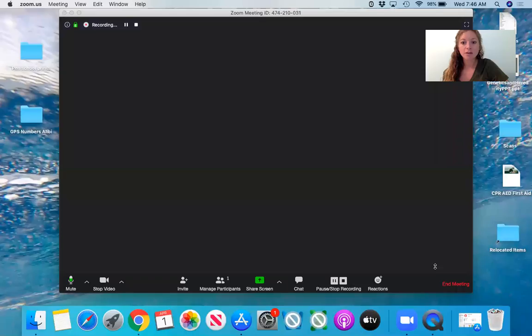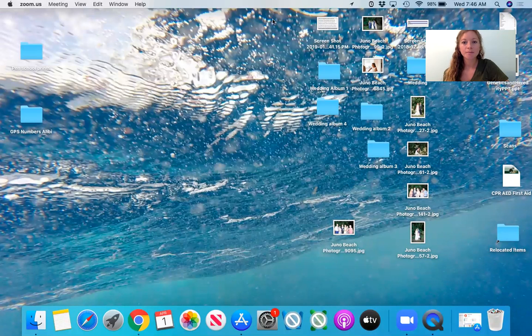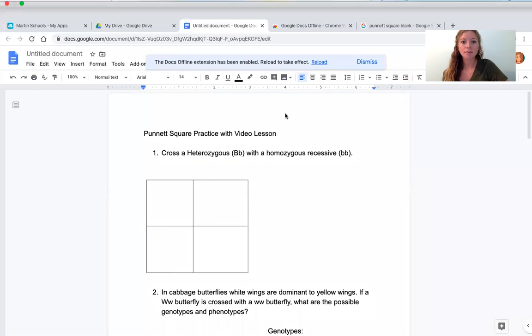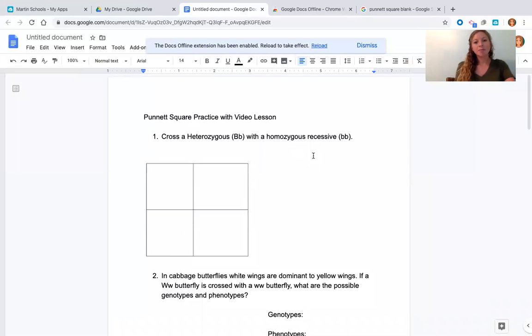Okay, we're going to do a couple examples of Punnett squares here. Let me just share my screen so you can see what I'm talking about. All right, so I have 5 examples, and I would suggest following along and maybe even taking notes as you go